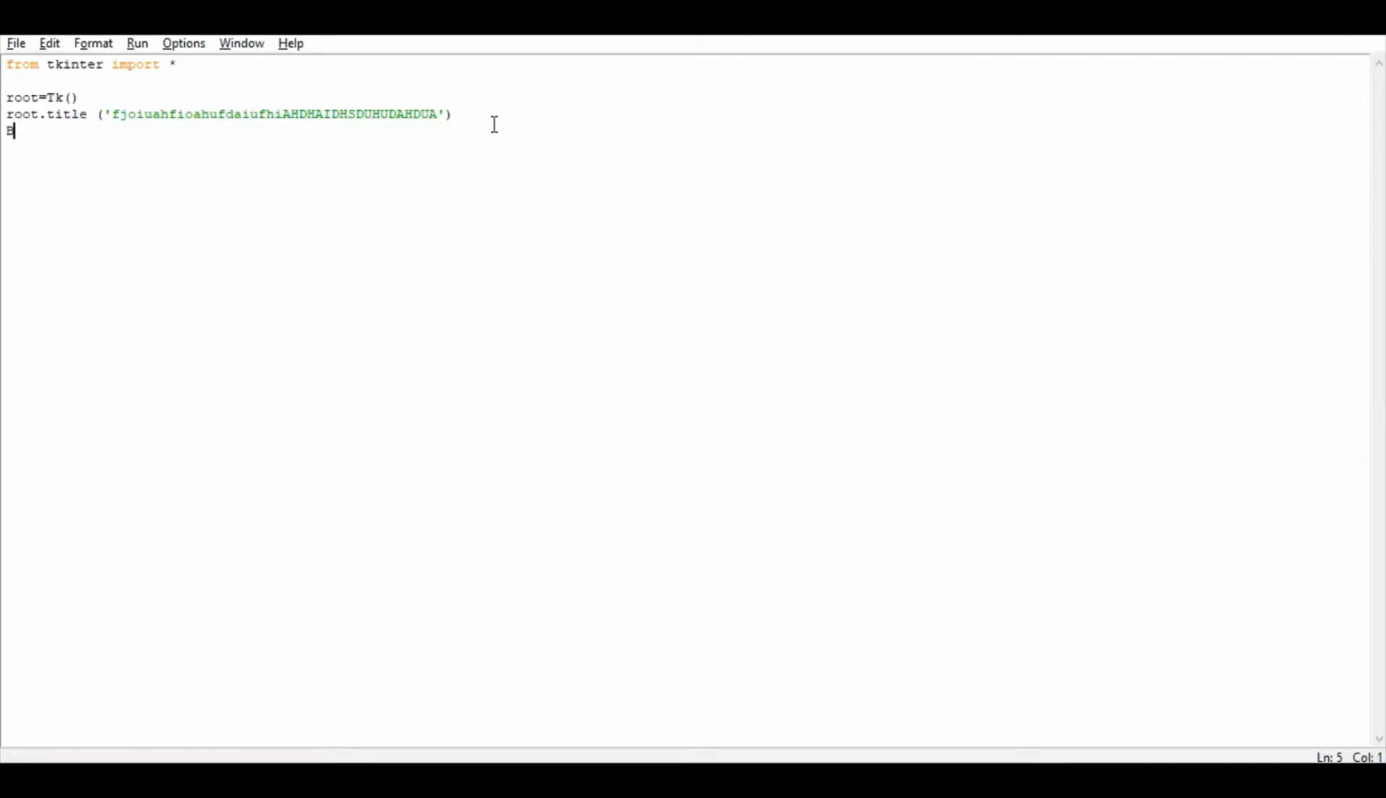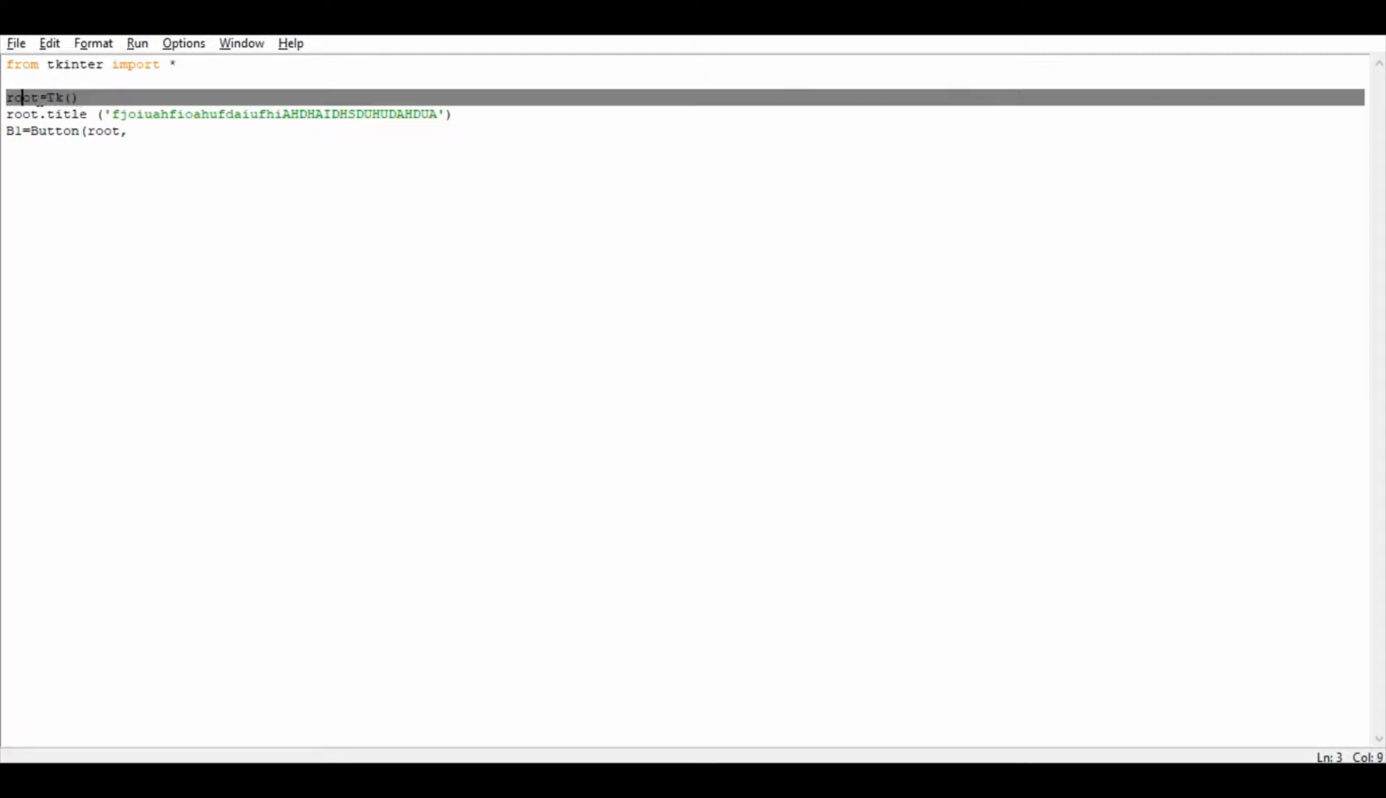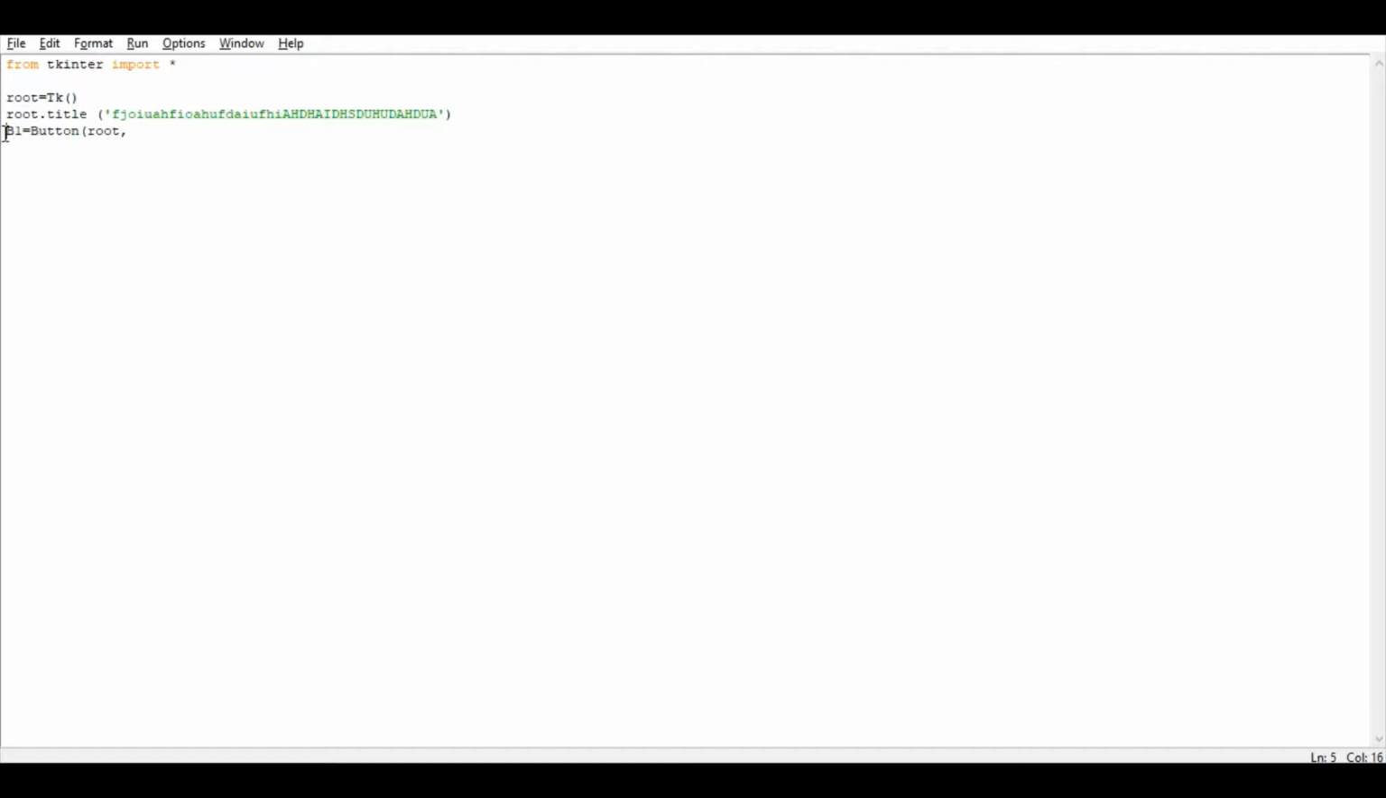We can do b1 equals Button, capital letter, guys, notice this. b1 equals Button, root, we're explaining which Tkinter window the button is going to be in. So the button is in the root window, and we can do text equals